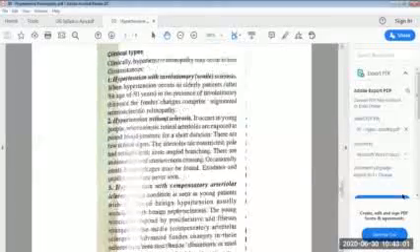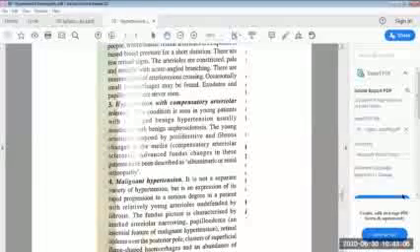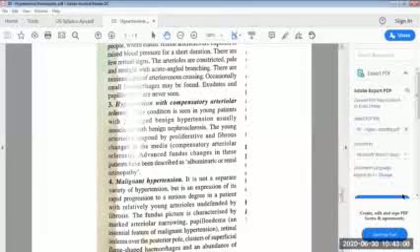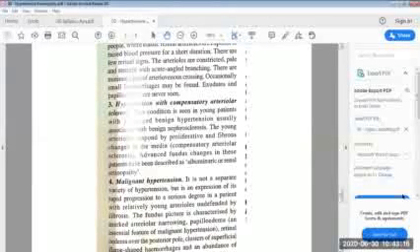Then the third circumstance, hypertension with compensatory arteriolar sclerosis. This condition is seen in young patients with prolonged benign hypertension, usually associated with benign nephrosclerosis. The young arterioles respond by proliferating, with fibrous changes in the media. Advanced fundus changes in these patients have been described as albuminuric or renal retinopathy.